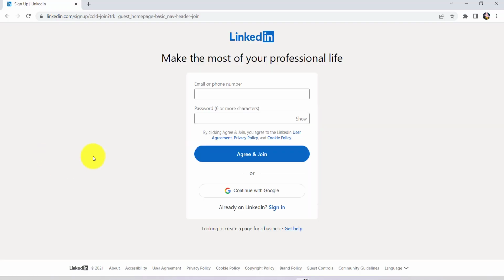Click on it. After that, you'll be asked for your email or phone number. So enter a valid email or phone number and then create a password for your account. So let me quickly do that. So once you have entered your email or phone number and created a secure password for your account, tap on